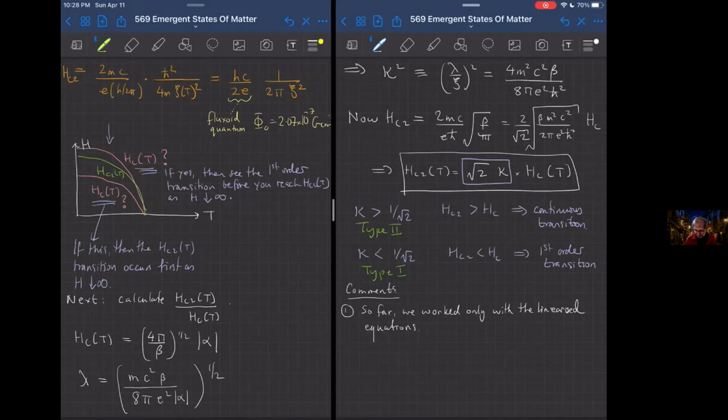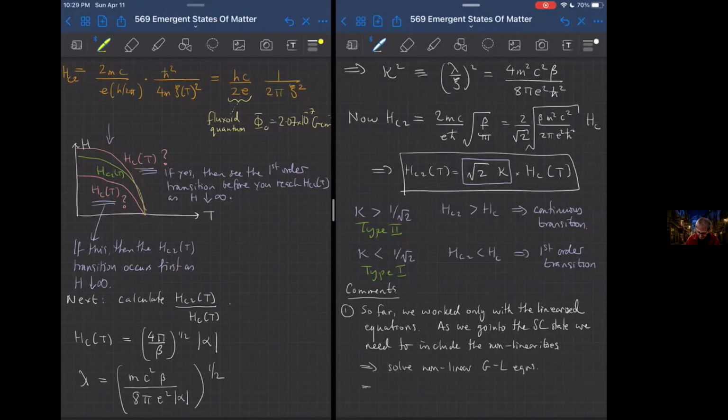But as we go into the superconducting state, we need to include the nonlinearities. So what that means is that we now need to solve the nonlinear Ginzburg-Landau equations,